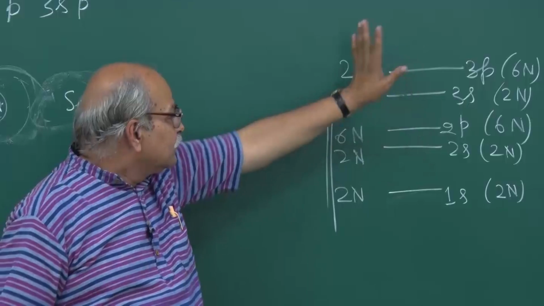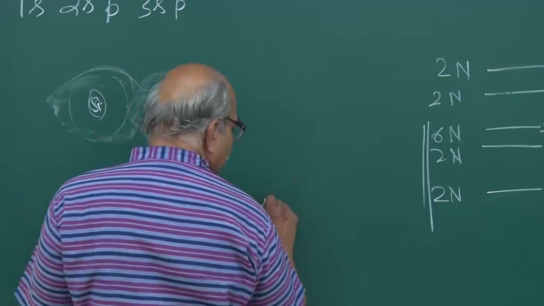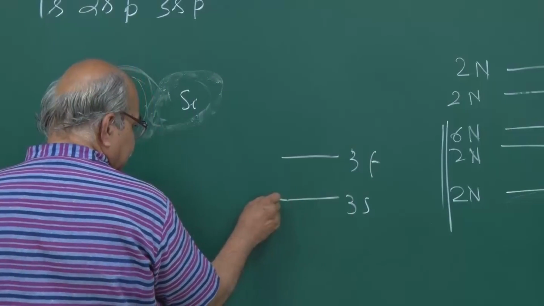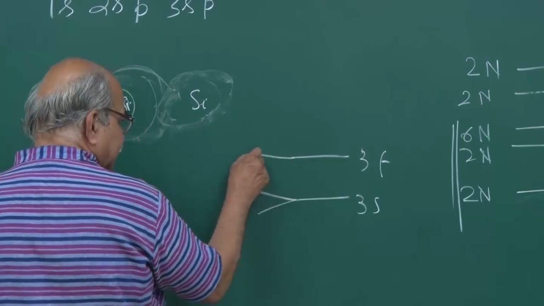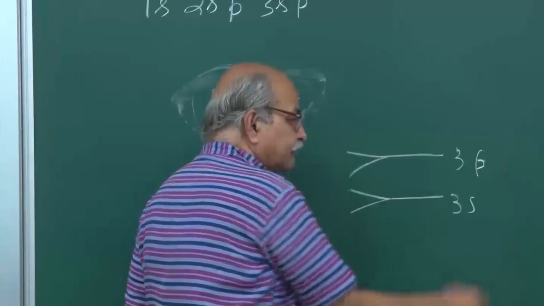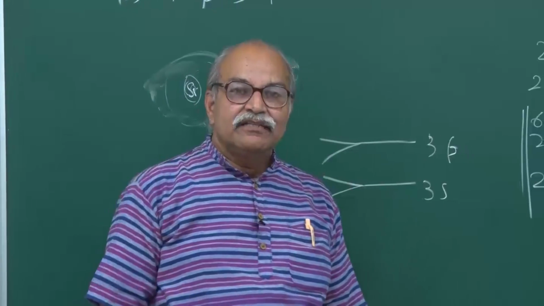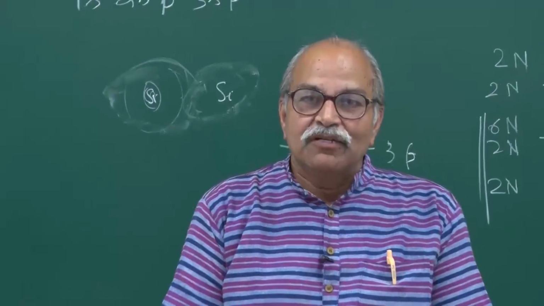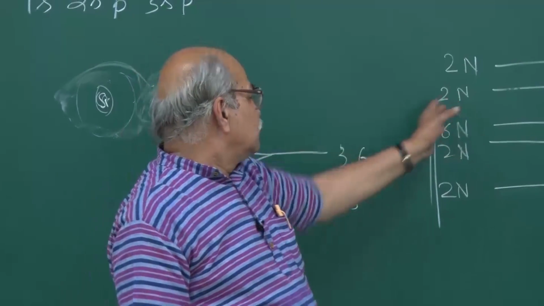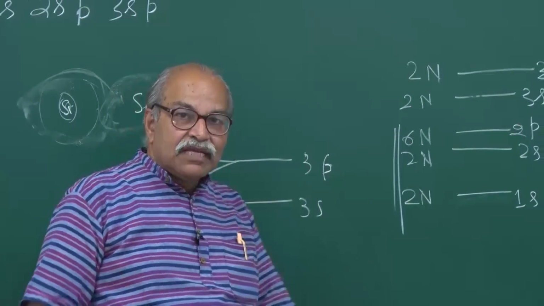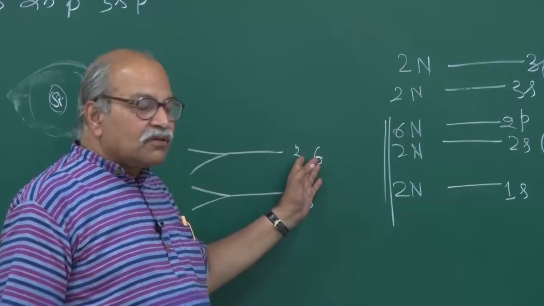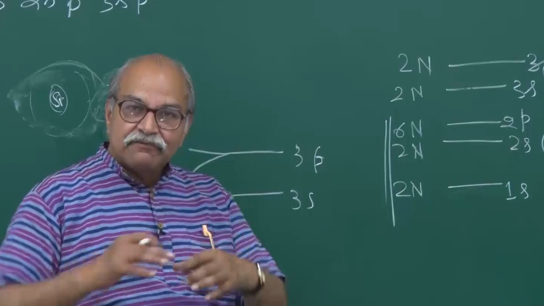So 3s and 3p, let's draw once again. This is 3s and this is 3p, and this broadens, this also broadens. Okay, and then once the overlap starts, there is another new thing that appears, which people call sp3 hybridization. You have s electrons, you have p electrons. S electrons, you know, have spherically symmetric wave functions, and p electrons have two-lobed wave functions.